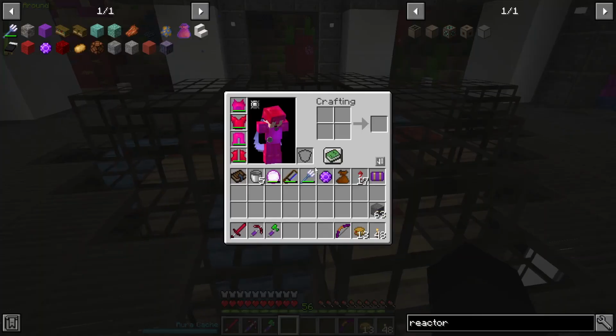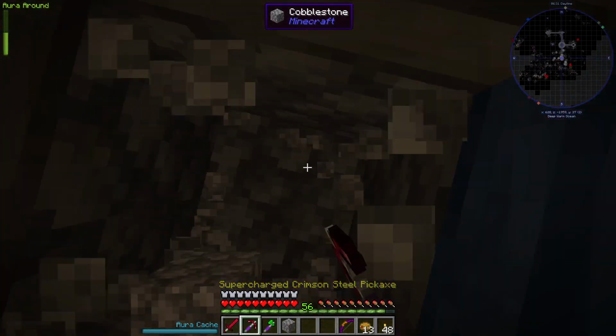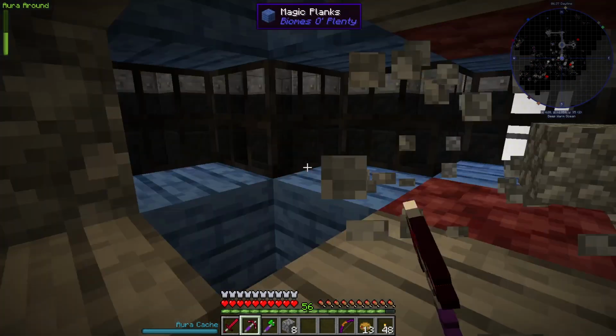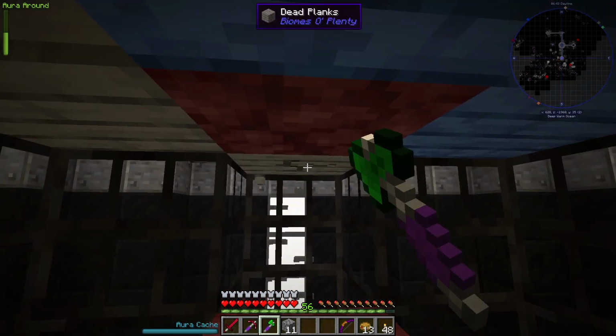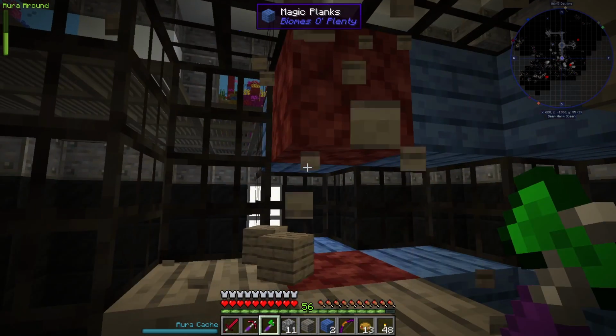And with my inventory empty, all I need to do now is go in and take out all of these blocks in the middle. Maybe I should have used them all that use the same tool, who knows. But we take this lot out and